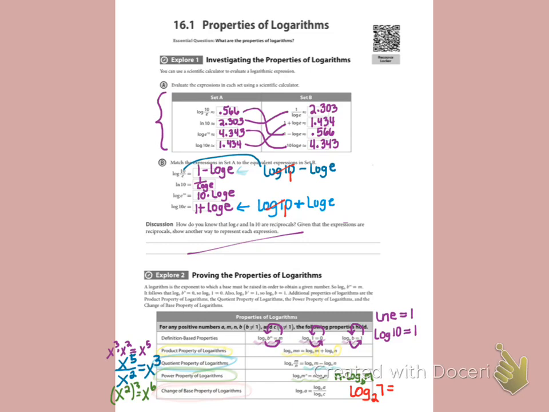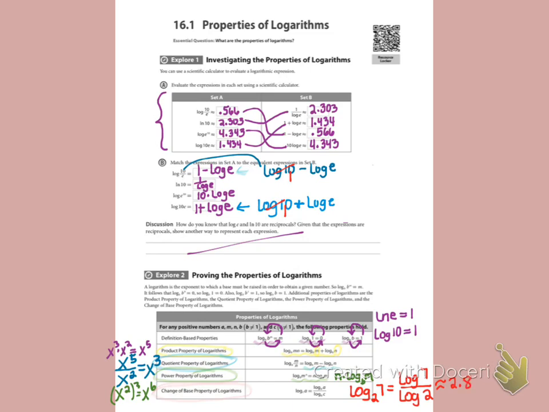So let's say we chose base 10, and we could rewrite it as the log of 7, so again, I'm implying it's base 10, divided by the log of 2. And that allows me then to go ahead and use my calculator and just divide the log of 7 by the log of 2. And when I did that, I got about